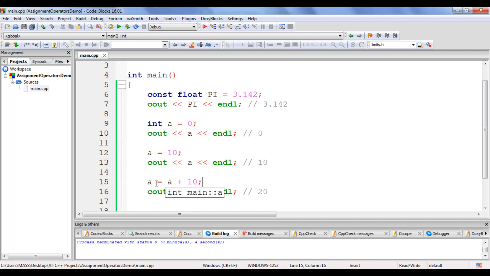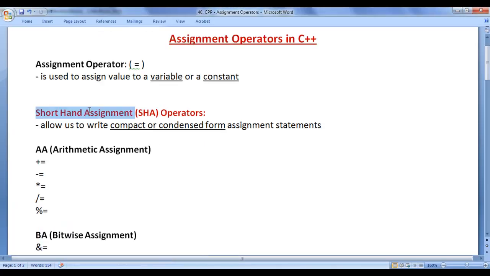Shorthand assignment operators allow us to write compact or condensed form of assignment statements.